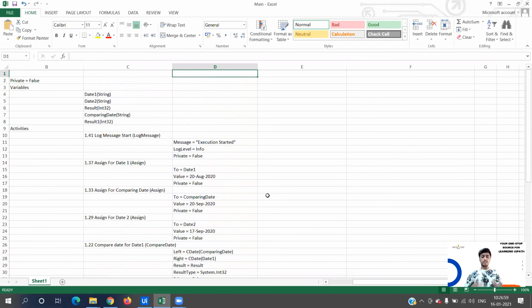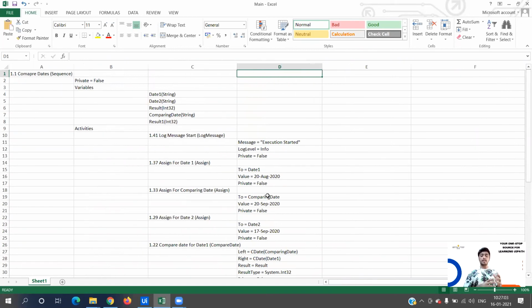So now if you compare understanding the workflow from UiPath and getting a complete overview from this particular Excel file, this Excel file seems pretty much easier since I have all the details clearly mentioned along with the data types, the properties that are there, etc. So when you have complex workflows, this can be very useful to understand the complete project, what is built and developed by your colleague or other developer in the team.